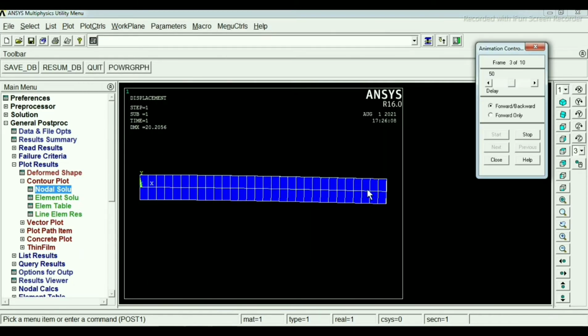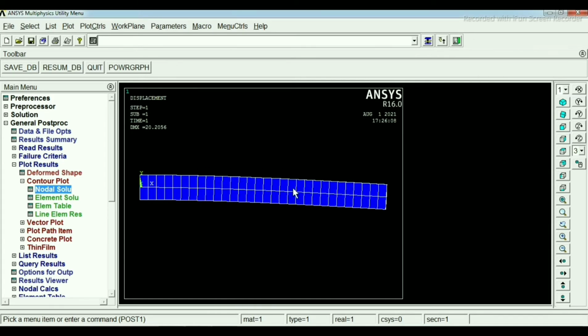It will start the animation. For increasing the speed, adjust the frame rate, and the deformation will start fluctuating faster. For stopping this, click on Stop, and then Close.